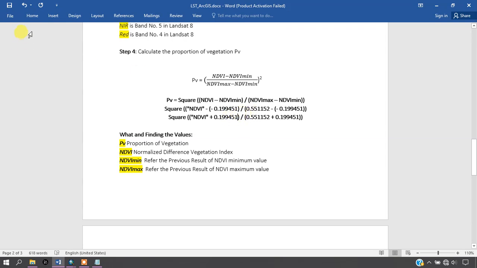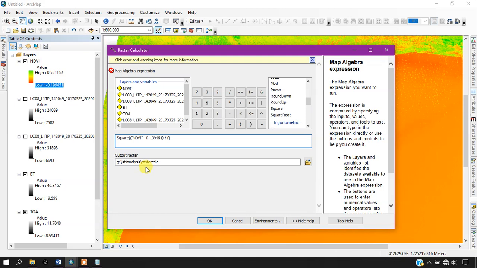So now this is the formula: NDVI max minus NDVI minimum. What is the maximum value? Our maximum value is 0.551152, and we are going to minus it with the minimum value, that is 0.199451, and we put the bracket here.